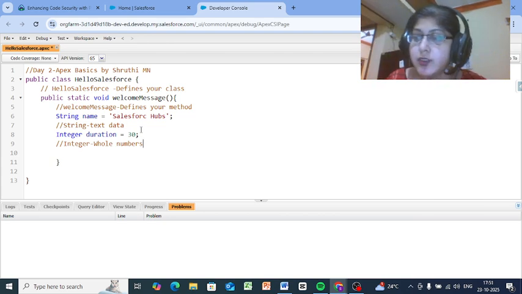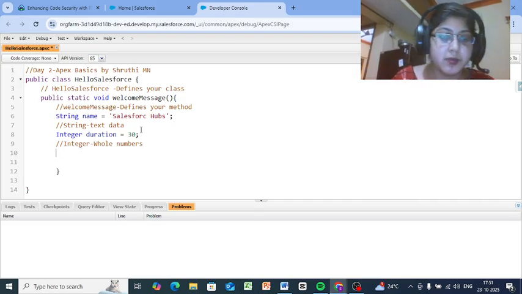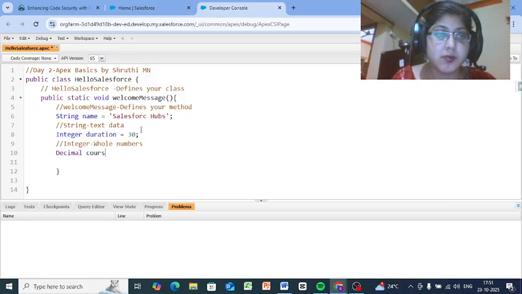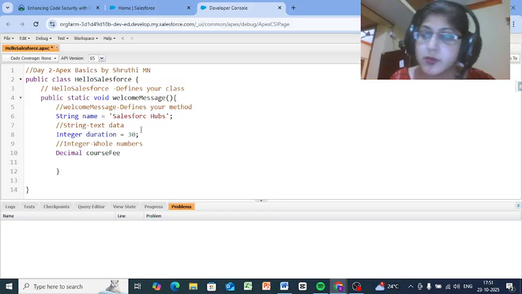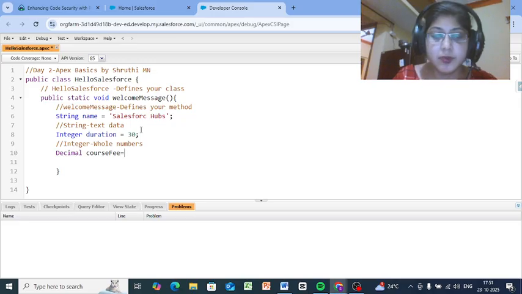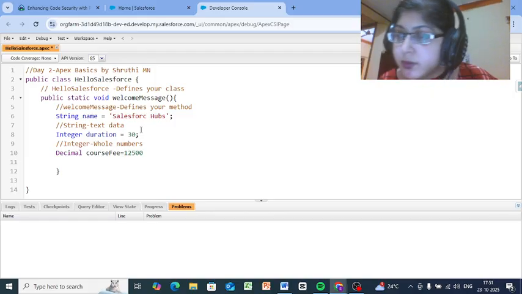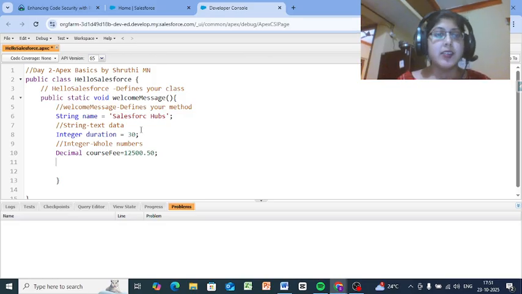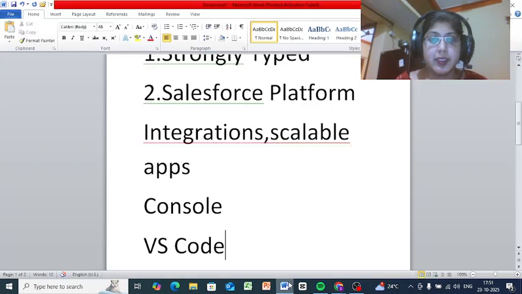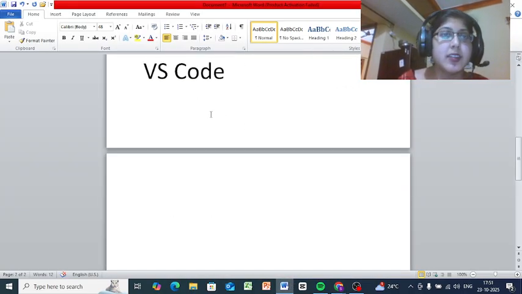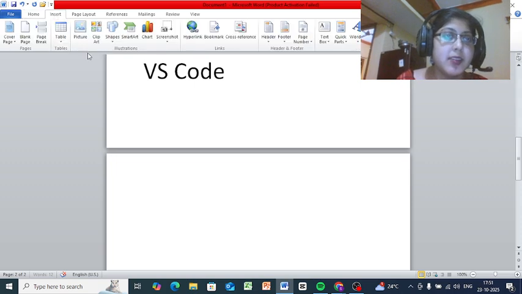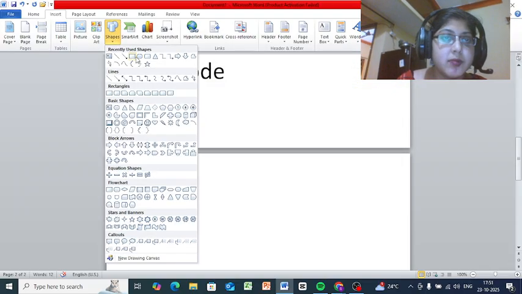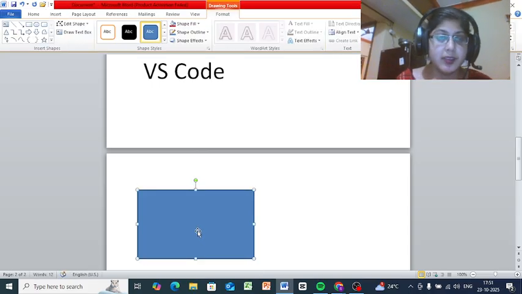Let's place our next formulae, that is decimals, for the course fee, which is equal to 12,500.50 as a formulated evidence that when two decimals meet, as a preference to the context that we have to place our circumstance as an evidence, and the formulae which we are typing is